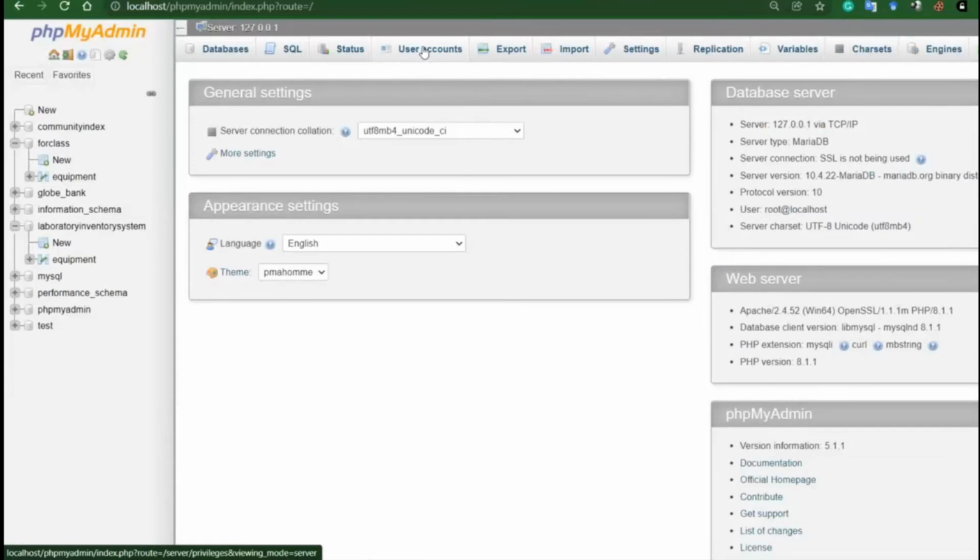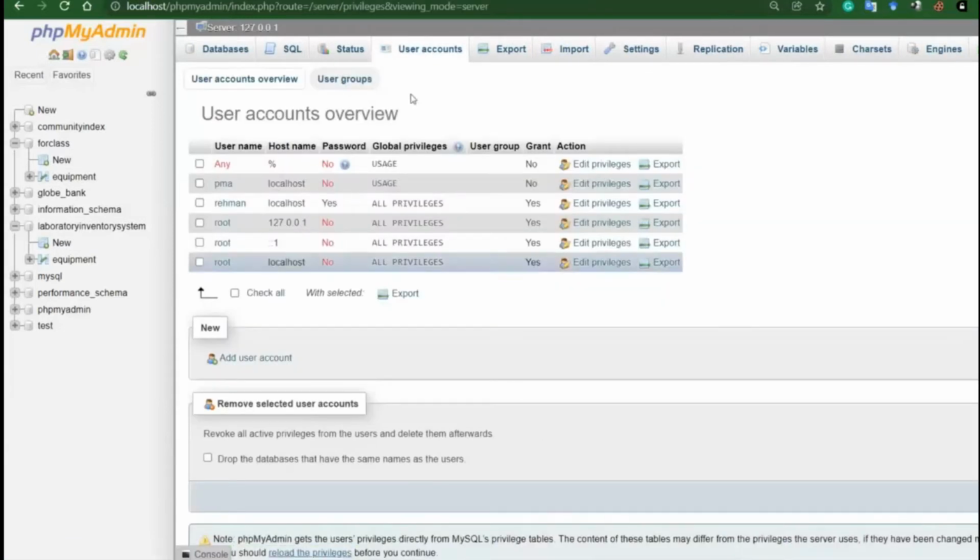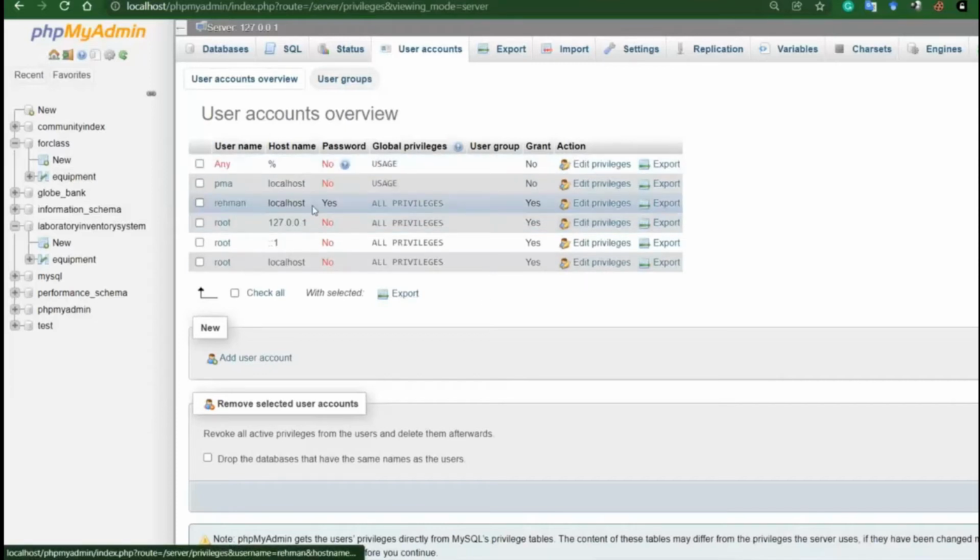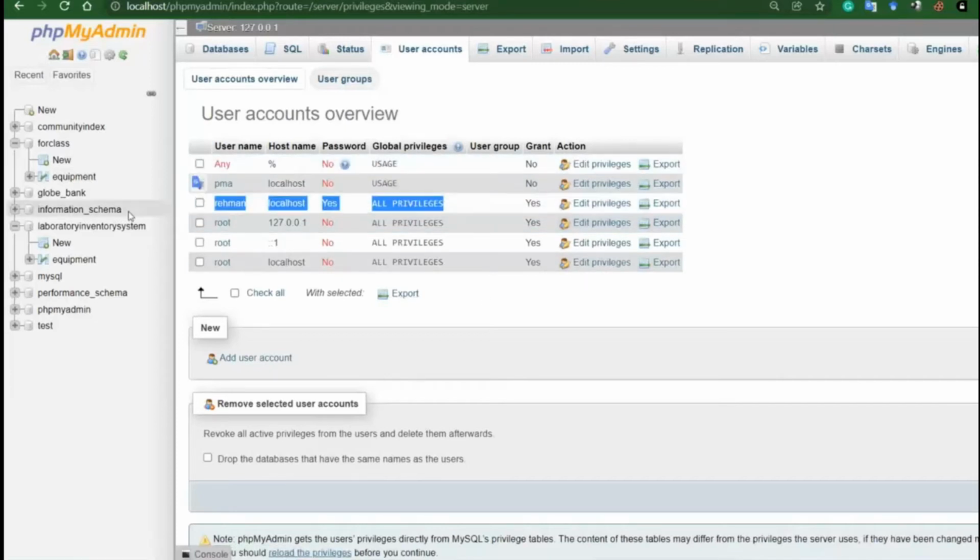So click here, the user accounts. Okay, so you see these are the default users in MySQL, not default ones, this one I have created. So you see, this is the point that in an organization you will specify different types of users. For example, an admin user can modify the structure of the database, and normal users cannot modify. Okay, so how to specify all these things, let me show you.